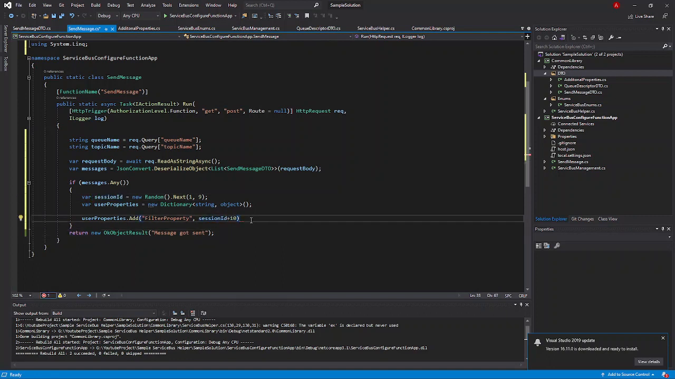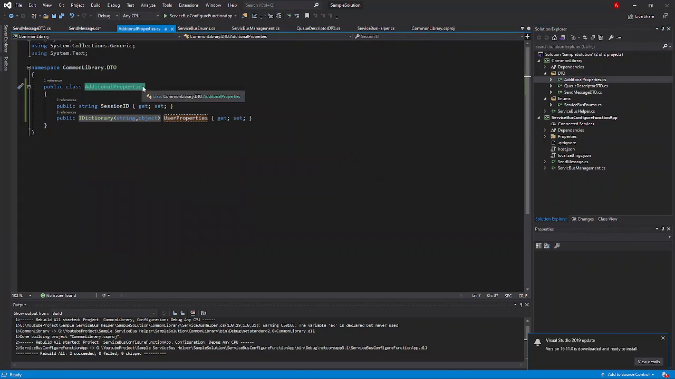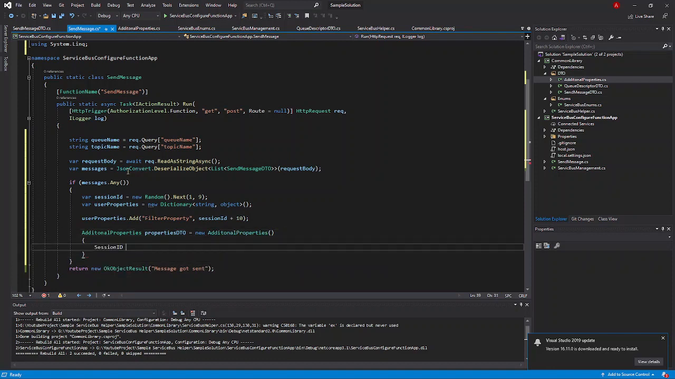Okay. Now once this user ID gets completed, I will create one DTO for this additional properties, right? So I'll just grab this DTO class name and I will create it like additional properties. I'll put it as properties DTO equal to new additional properties, and I will create it like session ID equal to your session ID, whatever the session ID I have created over here. So this session ID I'm passing it over here, and I think this is string. Yeah, so string, so I need to convert it with toString,